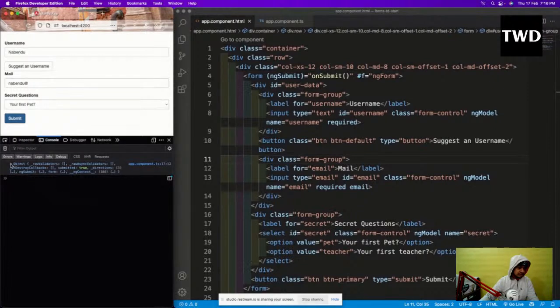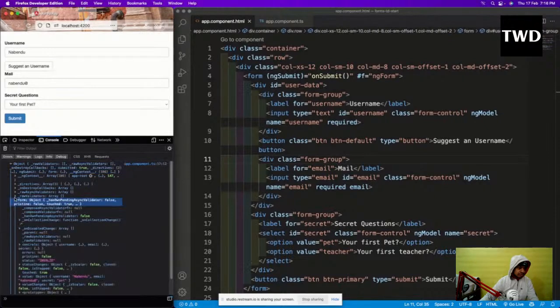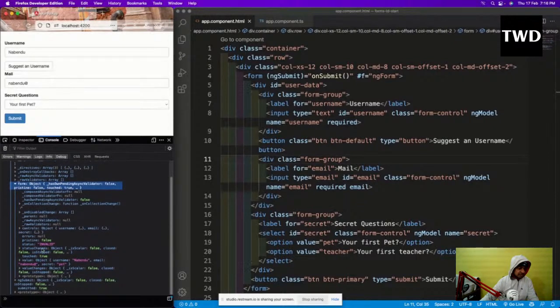Now if I go here and check the form, see, status is now coming as invalid. So this is how it comes, and there is something as valid also. Status is coming as invalid because the error was there. So this is how easy it is.